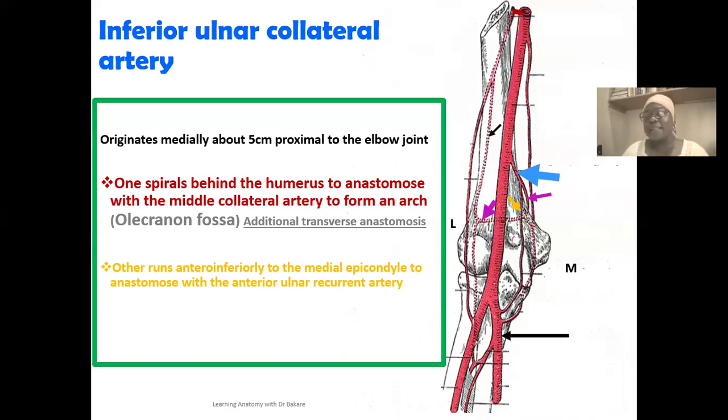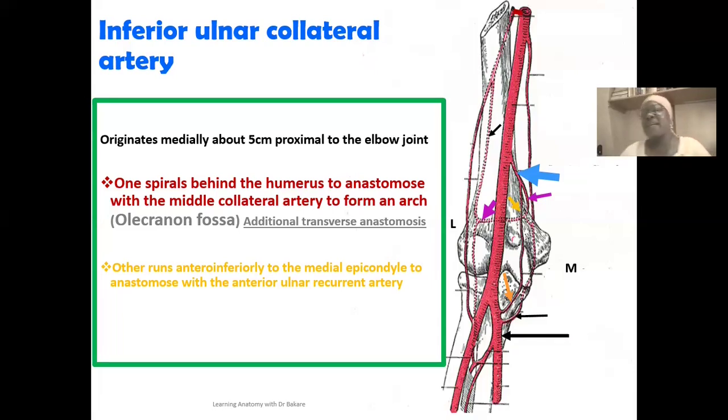So if you go back, this is where we have the ulnar artery. Don't forget that we have the posterior ulnar recurrent artery. Then we have the anterior ulnar recurrent artery. Don't forget that the posterior ulnar recurrent artery is directed posteriorly. And this is what creates an anastomosis with the superior ulnar collateral artery. We already described this in our previous slide